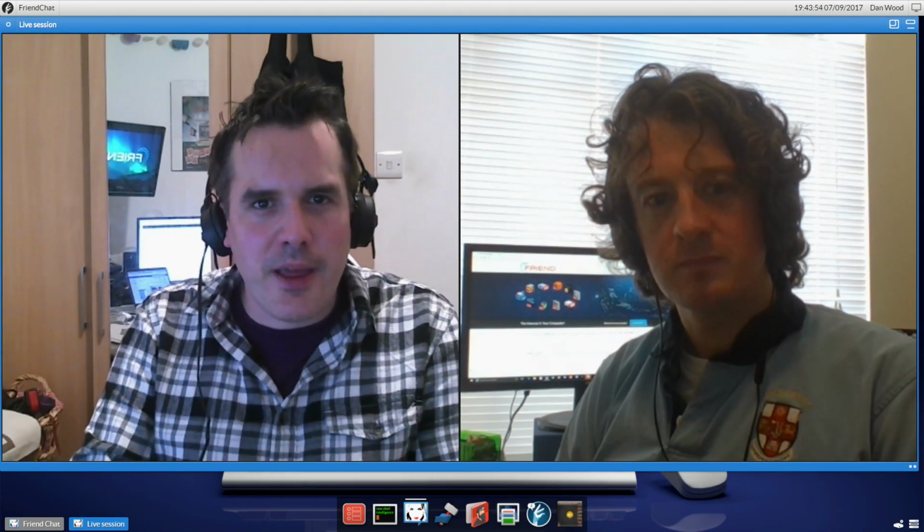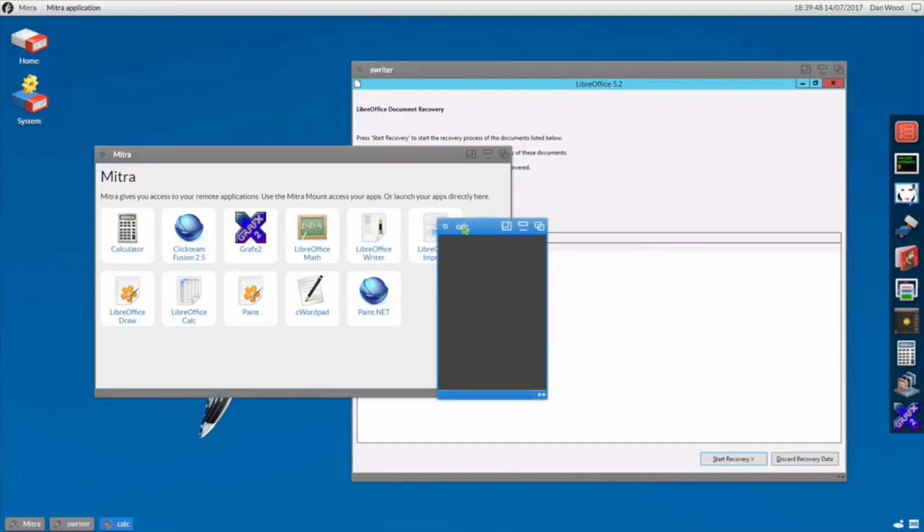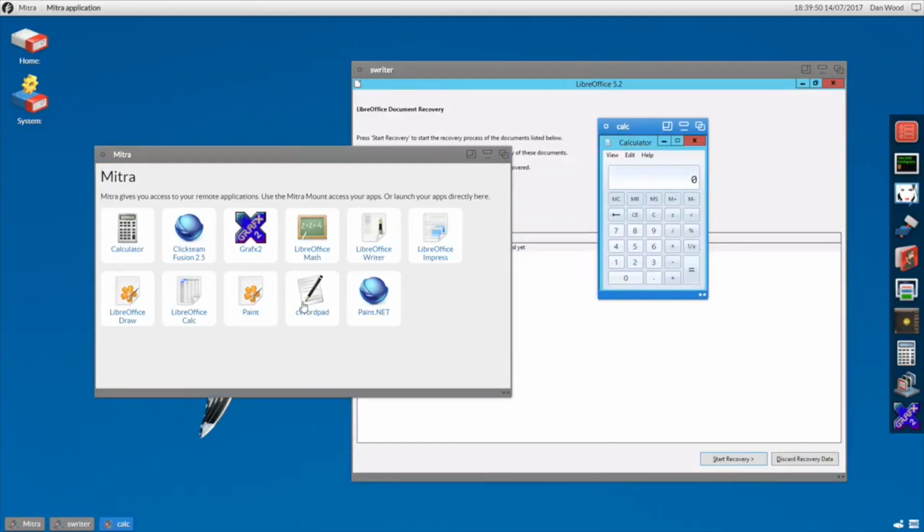But again, you look at companies who've got legacy applications that they want to run, and we get asked this occasionally by users. It's like having a new environment. It's not always easy to transition everything over, and you might work for a company who relies on these legacy Windows applications, maybe Microsoft Office, or maybe Adobe software. If you have access to a Windows server, what you can now do is actually run those old Windows applications inside the Friend environment.